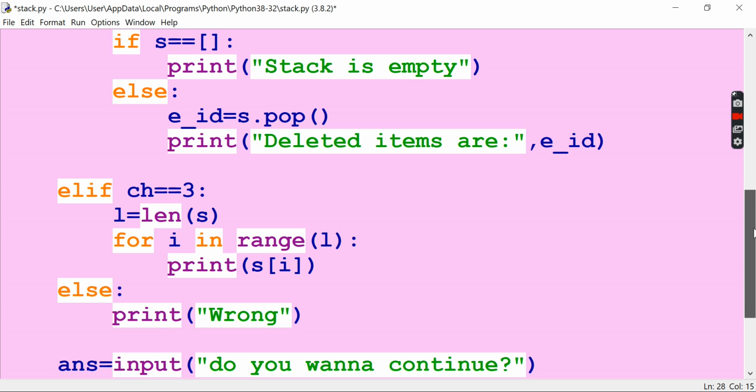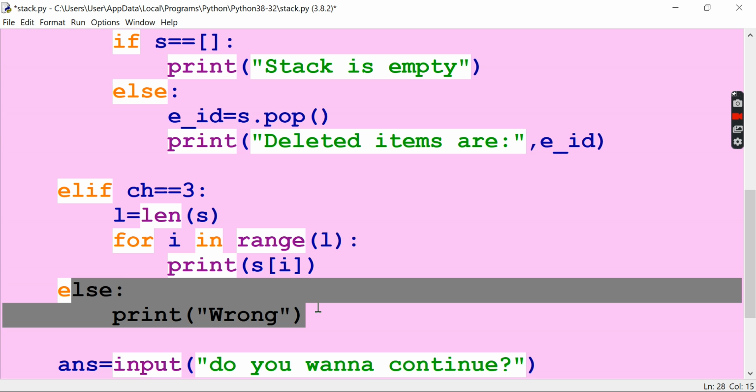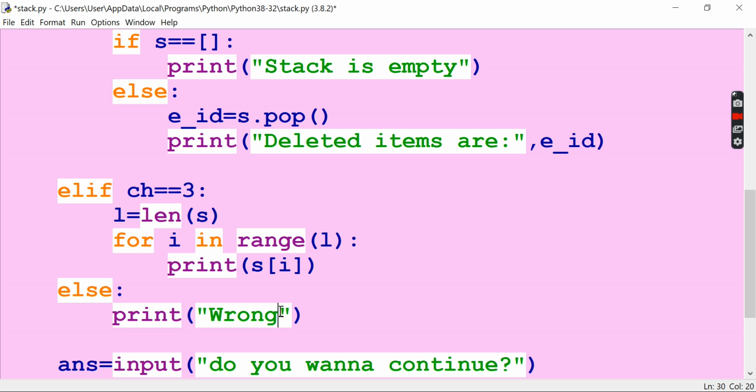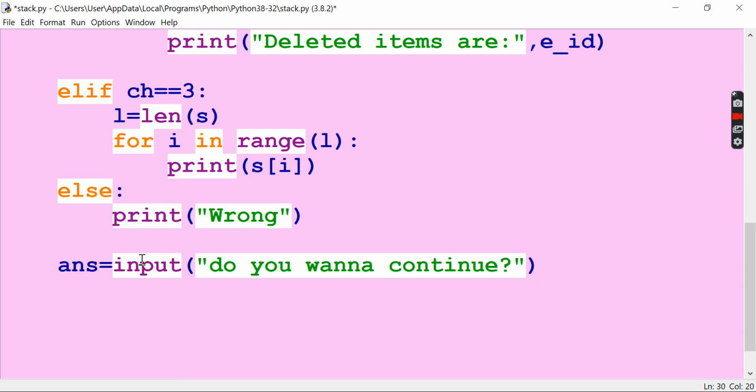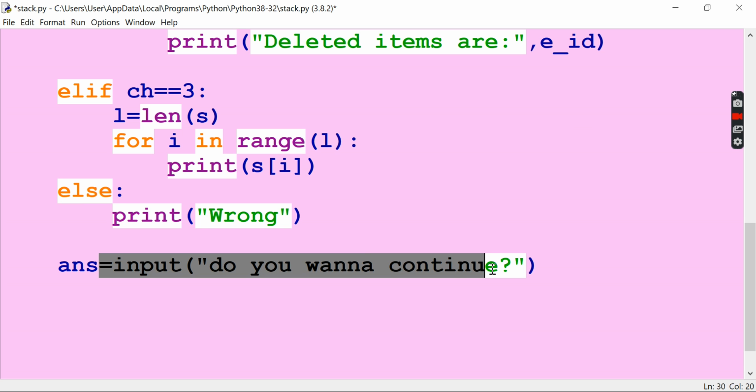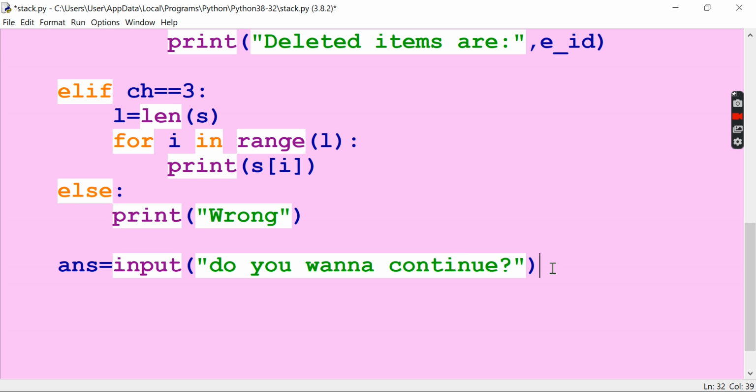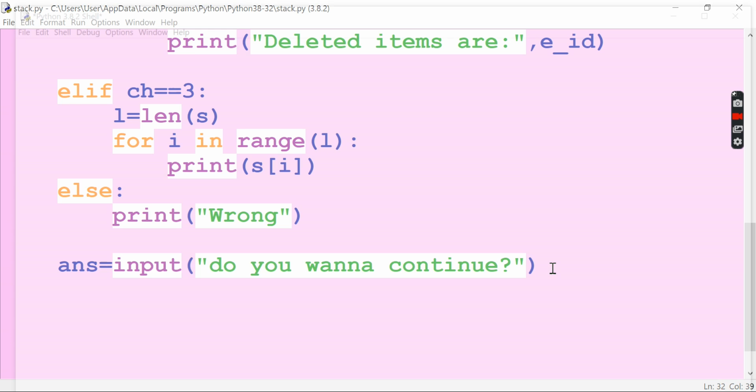Otherwise, if the user presses any other number than 1, 2, 3, you have to tell the user that an invalid operation has been given. After that you ask the user whether they want to continue. If you want to continue, press yes. That is what happens. Press F5 to run this.